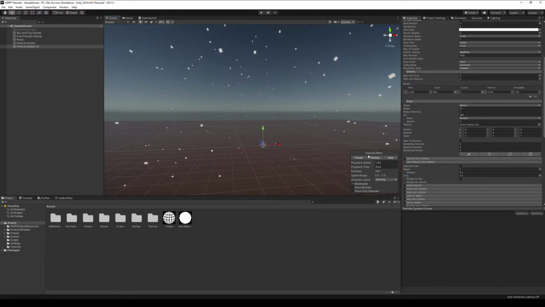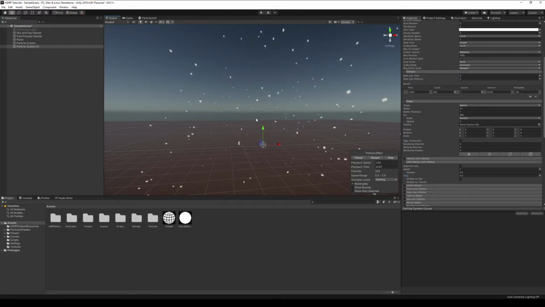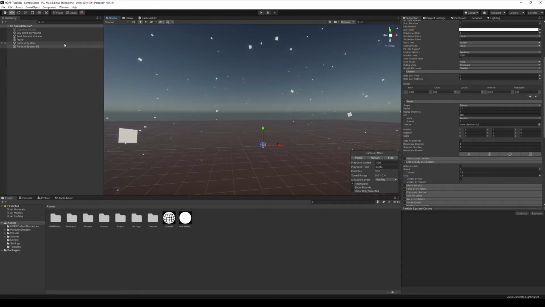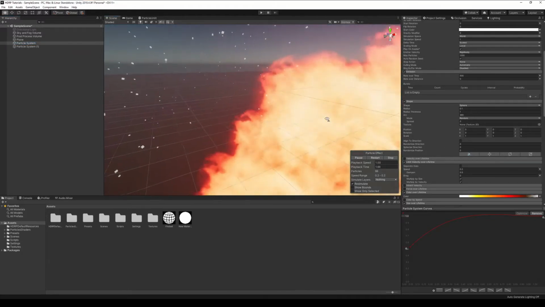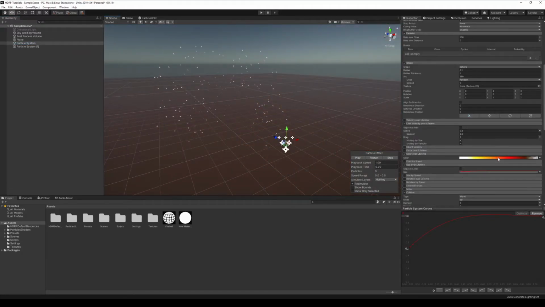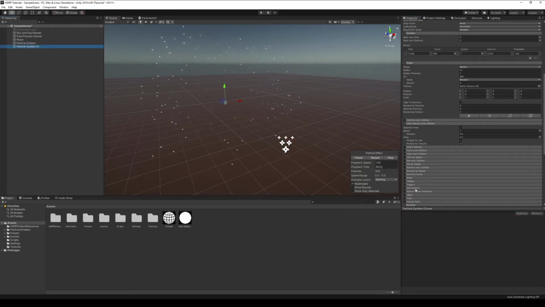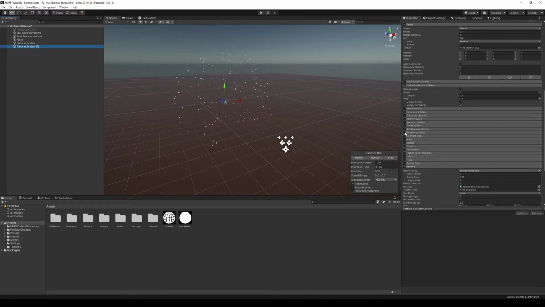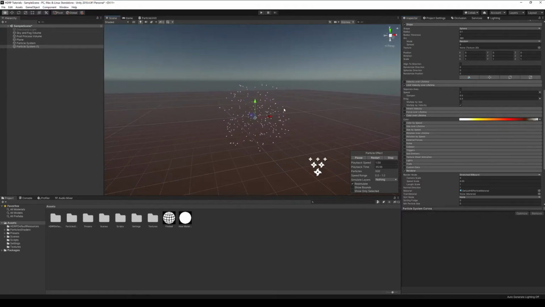0.3 should be fine. The next step is getting the color for your sparks. What we'll want to do is go back over to the fireball, and either you can save this gradient by clicking this new button here, or what you can do as well is just right click copy and then go back over here into color over lifetime and then right click paste,